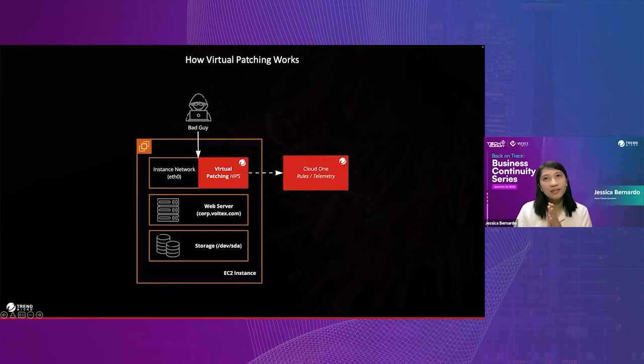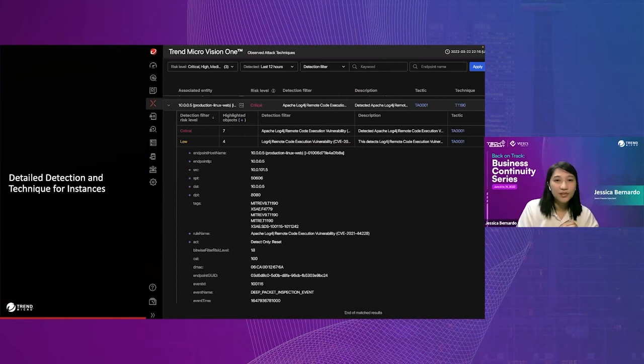Now, you've seen that there's a demo, you've seen the protection. Now let me just walk you through the visibility. With this demo that I have, you need to have visibility. What happened? Using the platform of Trend Micro, what they call Trend Micro Vision One, you're able